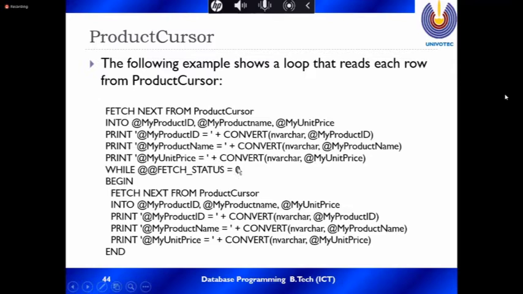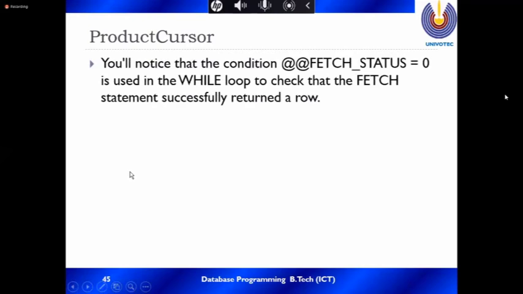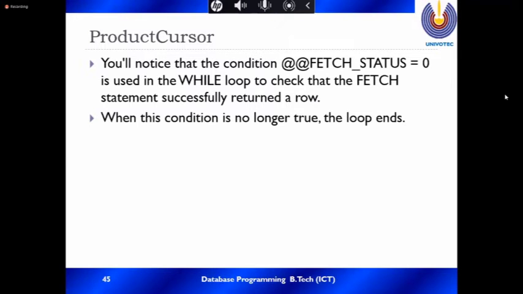If the row is not there, the fetch status is not 0, so the condition is false and the while loop is not satisfied. The while loop checks whether the fetch statement successfully returned a row, and when this condition is no longer true, the loop ends.